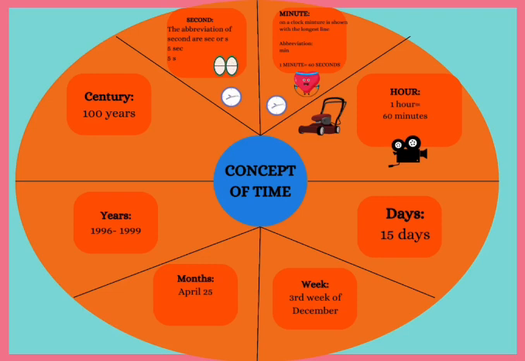So here we have days, such as 15 days, 30 days, 40 days. And we have week, third week of December, November, October, and months, such as April, May, June, July. And we have years. Years is something like a duration from 1996 to 1999 would be a good example.